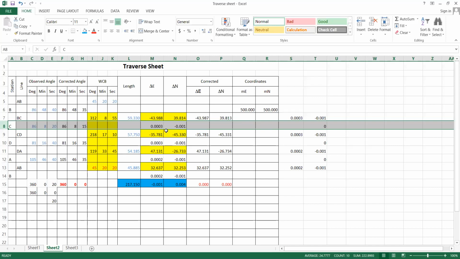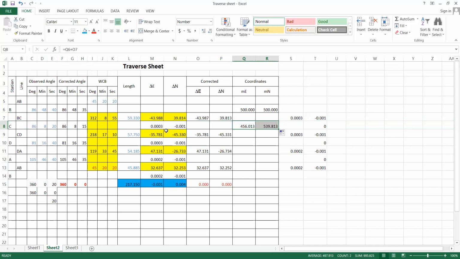And you do the same, right? So 39 plus. So when you reach C, along BC, N coordinate is increasing by 39.813. So the coordinate would be 539.813. If you continue like this, hope it will be clear. Now you are in C. You are wishing to move along CD, then take the